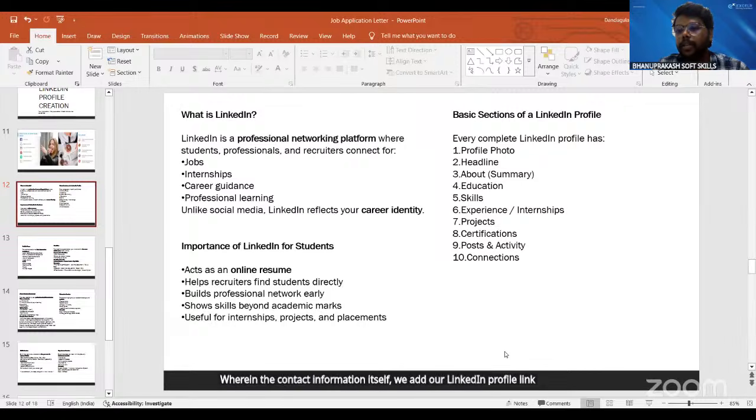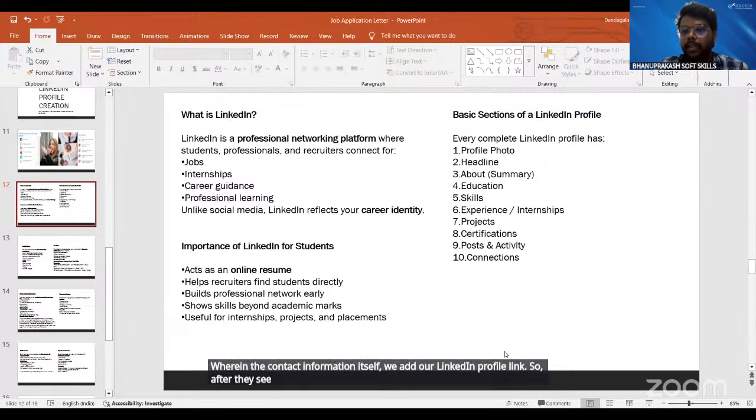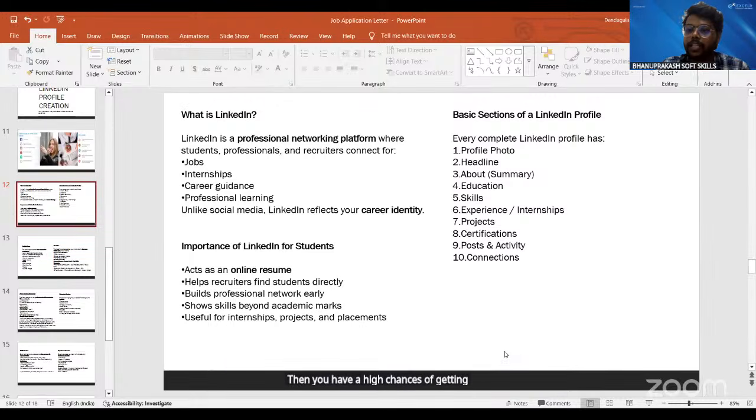So after they see your resume, they directly click on that link and go through your LinkedIn profile. If they find your LinkedIn profile is good, then you have a high chance of getting shortlisted for the interview. LinkedIn speaks to recruiters directly, as even before you speak to them, your LinkedIn profile will speak to them. By that, we don't always need to go and find the job. Sometimes we can